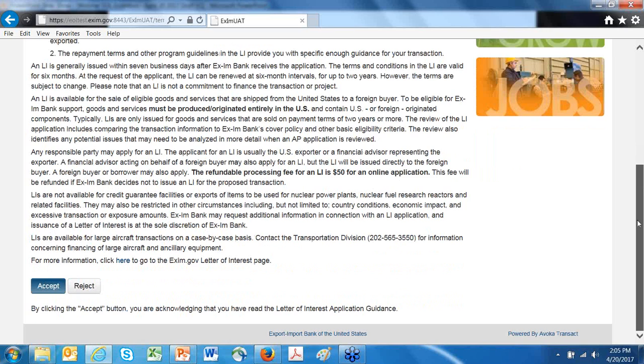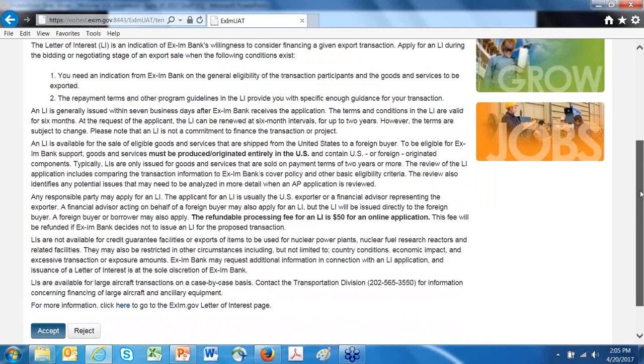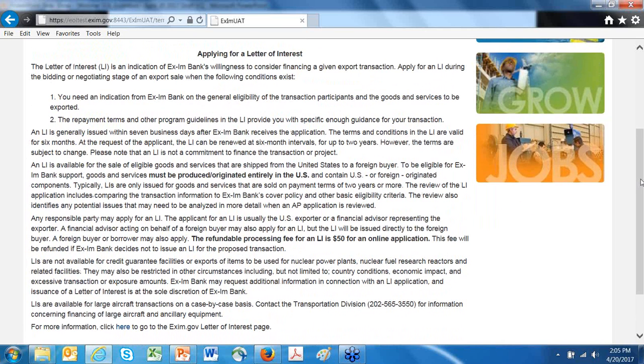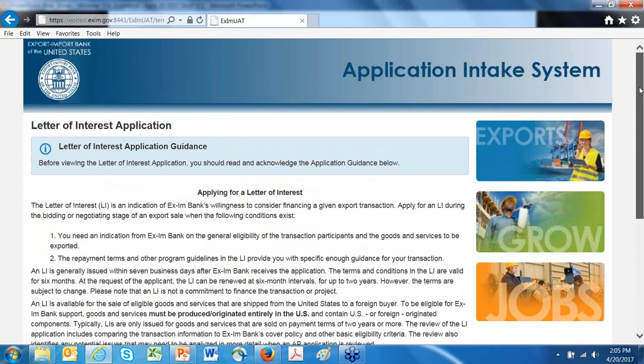Some of the key factors that you'd want to know: there is a refundable $50 application fee. They're generally issued within 7 business days. They're valid for up to 6 months and can be renewed. Something useful to know when your customer is looking for support for a transaction and would like to present some indication of Ex-Im Bank's willingness to consider that type of support.